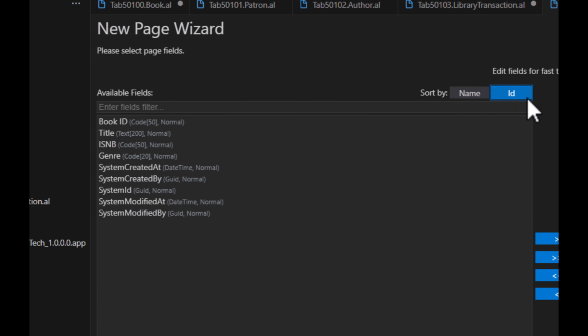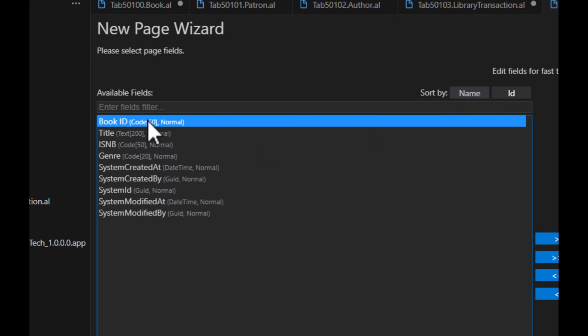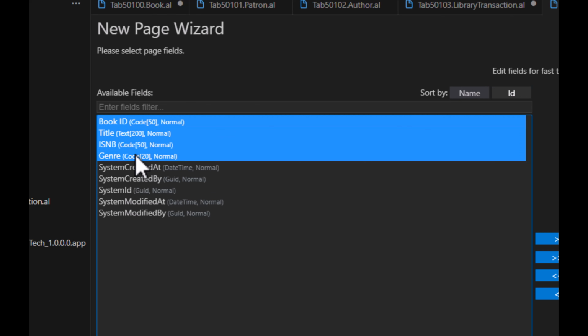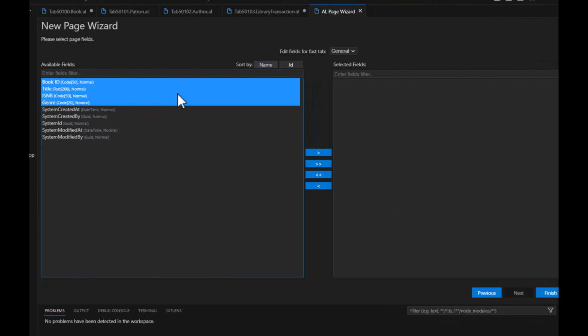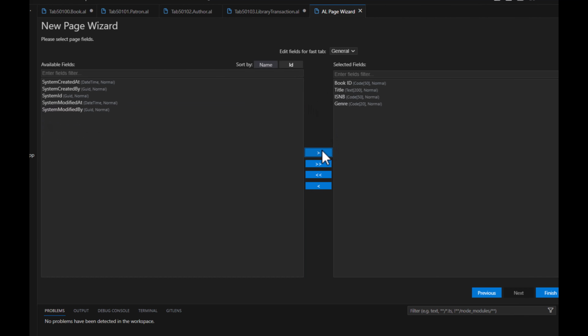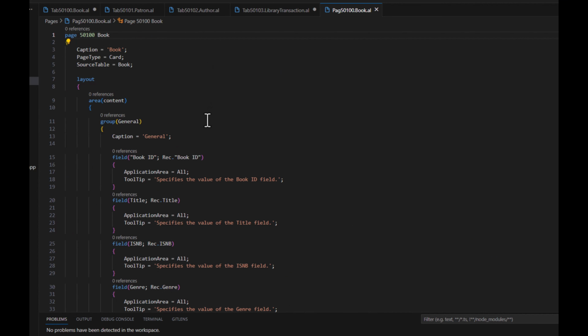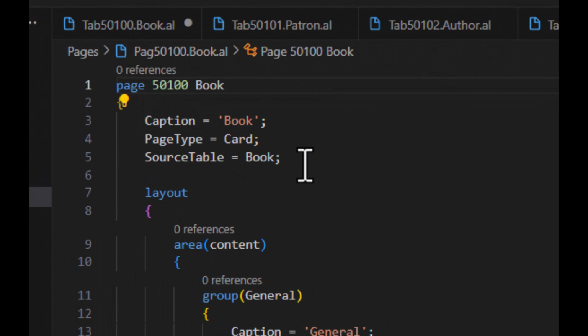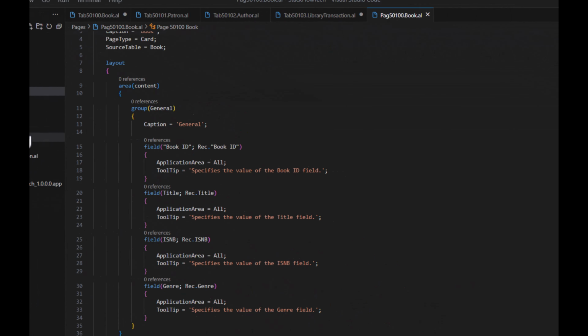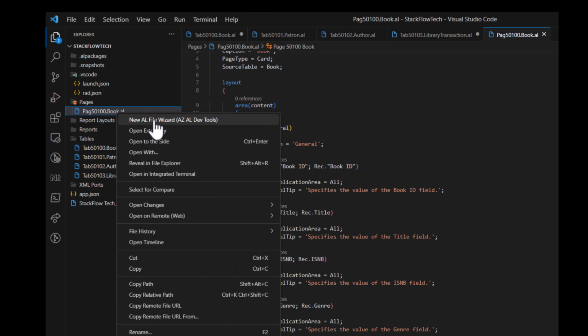So click on the ID, and then on the books you can mark using shift, mark up to the last field that you want to have in your table on your card. And here are the fields. You can click finish, and our page of type card is created successfully. So we'll also create a list of this